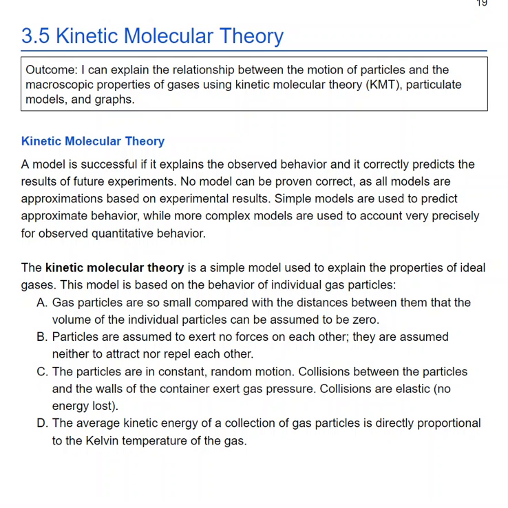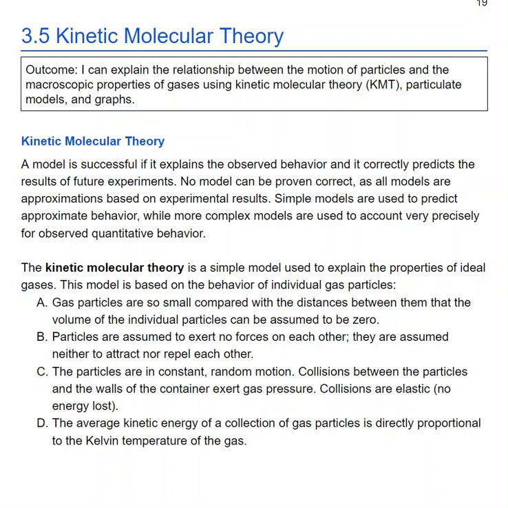This is 3.5 Kinetic Molecular Theory. Our outcome is I can explain the relationship between the motion of particles and their macroscopic properties. So we're trying to connect how the motion of particles in a gas relates to its macroscopic properties like pressure, temperature, and volume. So we're going to do that using kinetic molecular theory, KMT, as well as particulate models and